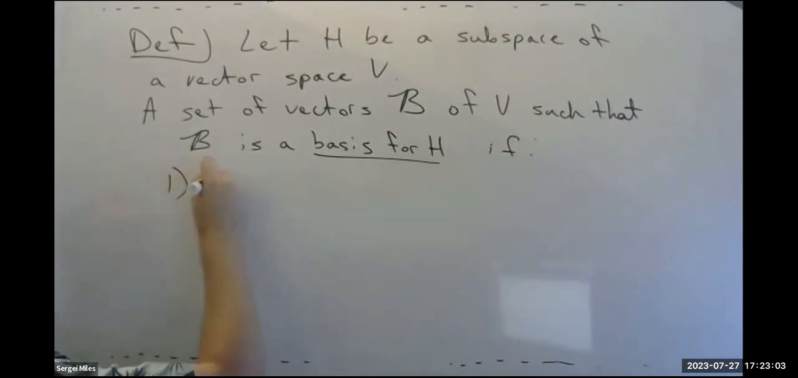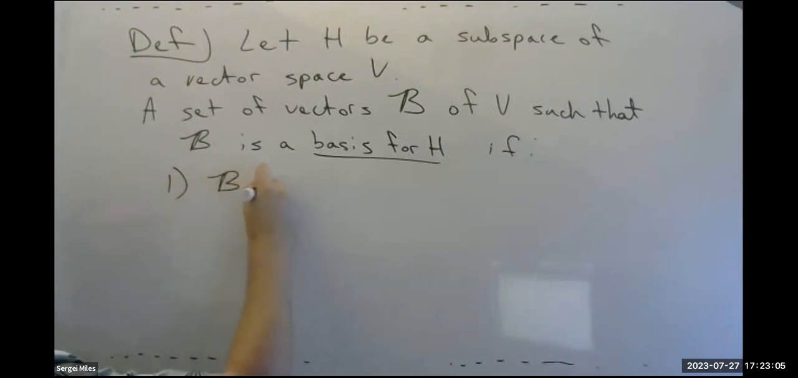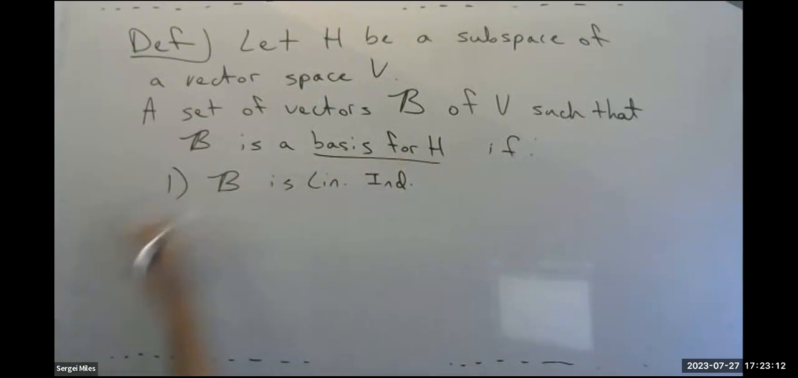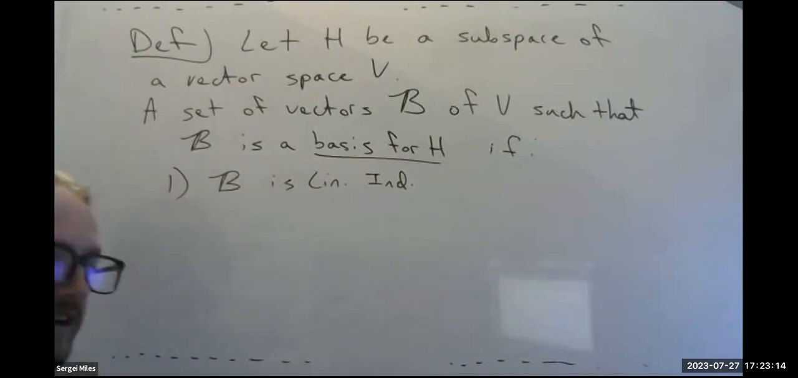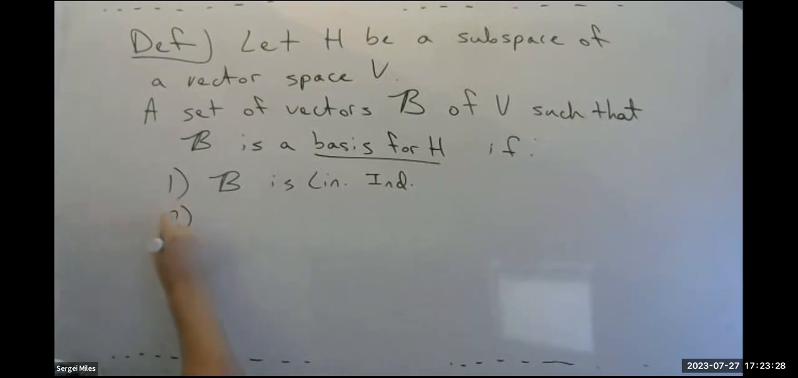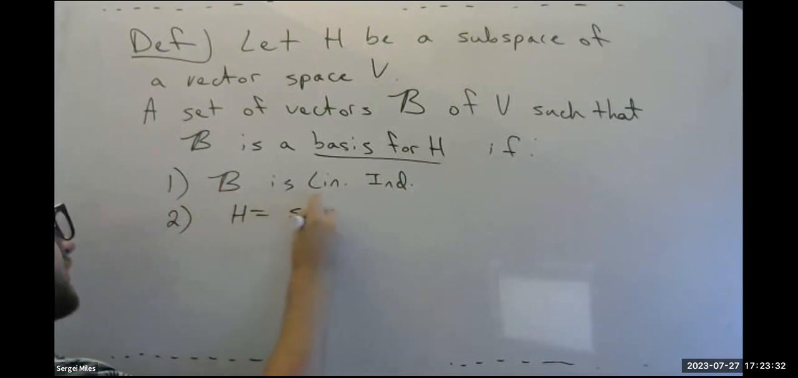Number one, B is linearly independent. In other words, the vectors in this set need to be linearly independent of each other. If you take the vectors in the set B and put them together in a matrix, when you row reduce it, you should have a pivot in every column. They must be linearly independent. And two, to be a basis means H equals